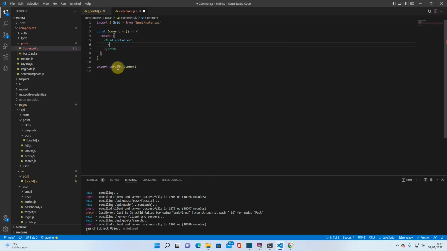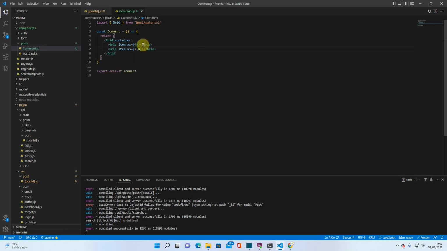So then the first one is going to be an item of 4, so XS equals 4 parts. I have been through this before, but I'll go through it again because it's probably been a while. And then we need to do the same thing, but this time we need to create it for 8. But instead of 8, we're going to do 7.8 because we're going to give this one a little bit of margin, which you'll see if you make this one more than 4, then that one's going to move on to the next line, and we don't want it to do that, so we'll put it as 7.8. So this is going to be the posted comments,